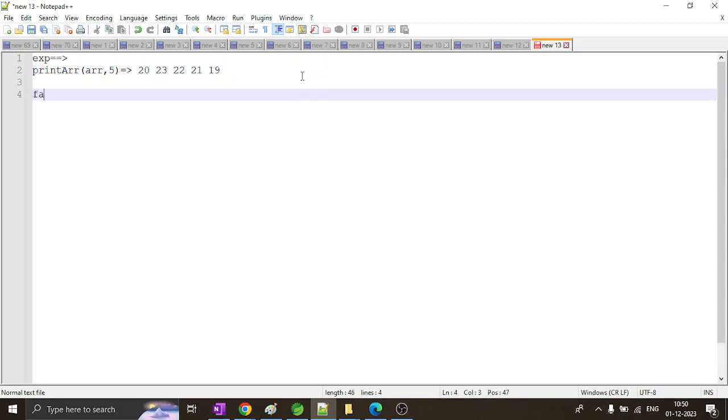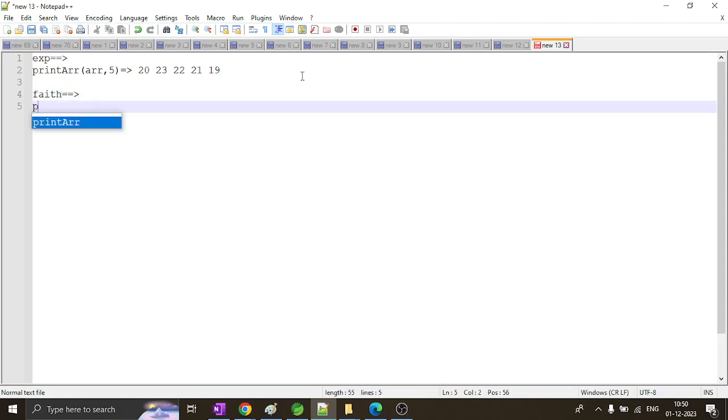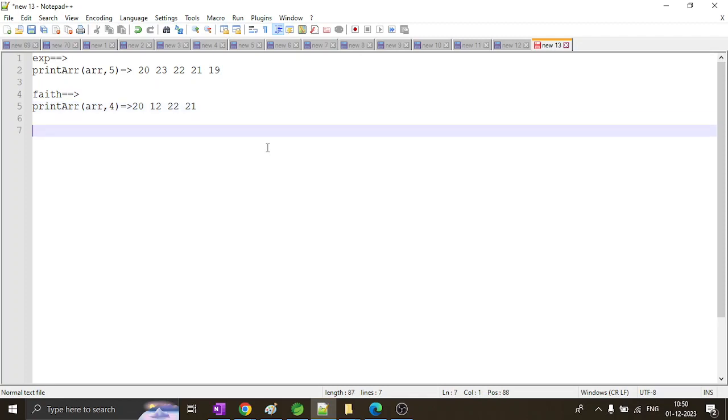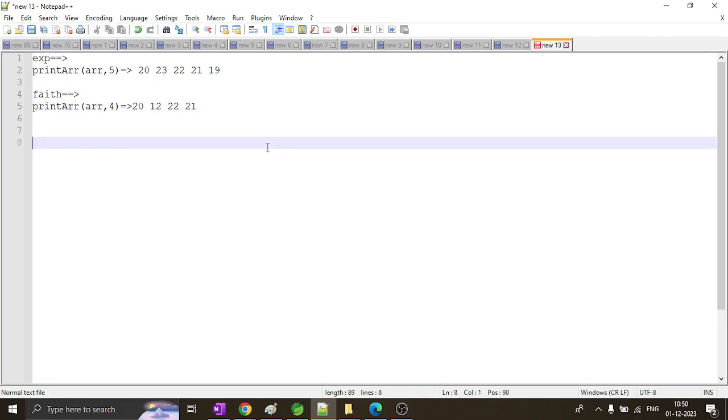So let's set some faith and let's set the faith that if we have print array and we give arr comma 4, then what will happen? We'll print the last 3 elements, or we can consider that we'll print the first 4 elements, right? 20 and 21. And how do we go from expectation to faith? So we'll go from expectation to faith